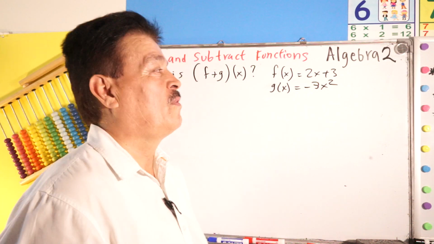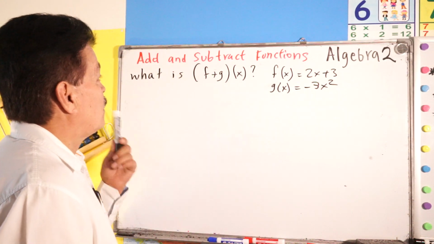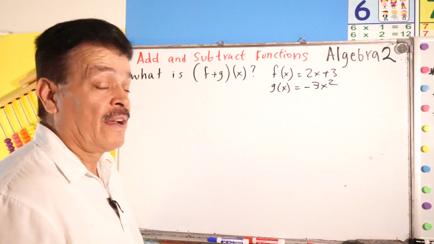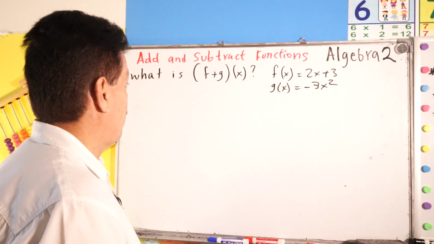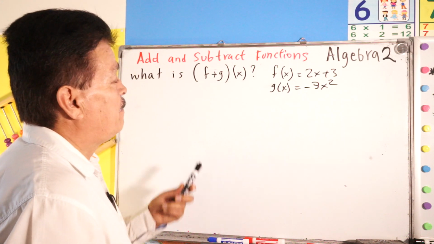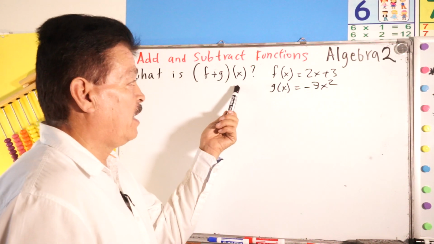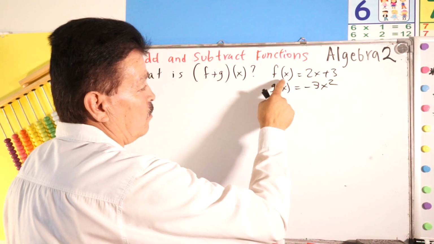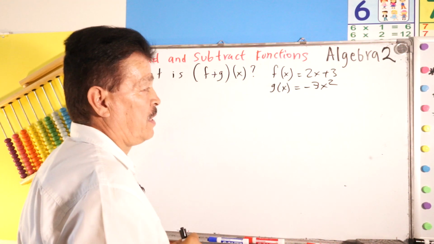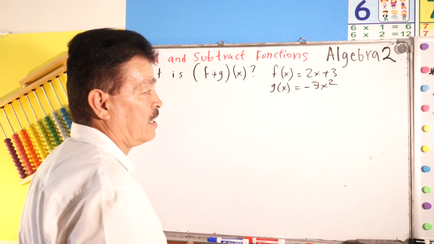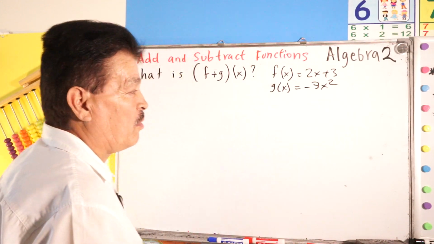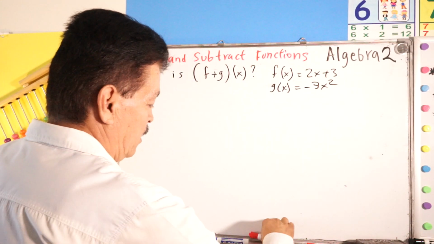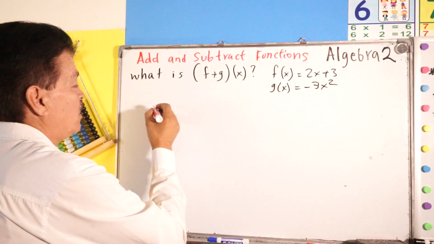Algebra 2 for today. We have to add and subtract functions. That's our topic today. Our problem is, what is f plus g of x? We have this problem. If f of x is equal to 2x plus 3, and then g of x is equal to negative 3x to the second power. So very simple. Remember, function addition